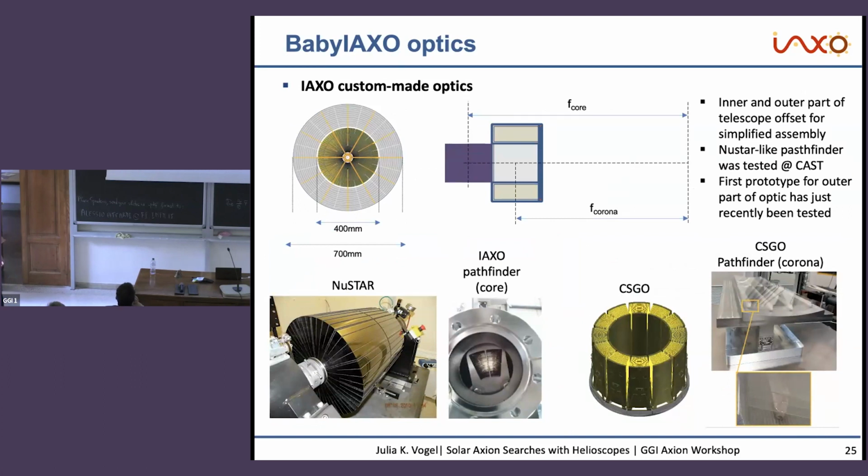They have slightly different focal lengths through that, but that will be aligned during calibration. We have 2 prototypes already. I've told you about the IAXO pathfinder for the core. We also recently built our first pathfinder for the outer part, the cold slump glass optic approach. It's hard to see, but these are 3 layers of uncoated glass that have been mounted using that technology, and we're waiting for the results that will then feed into the next prototype and improve that technology.